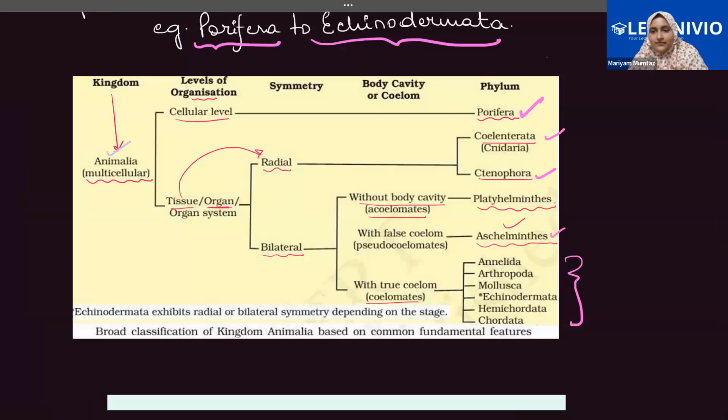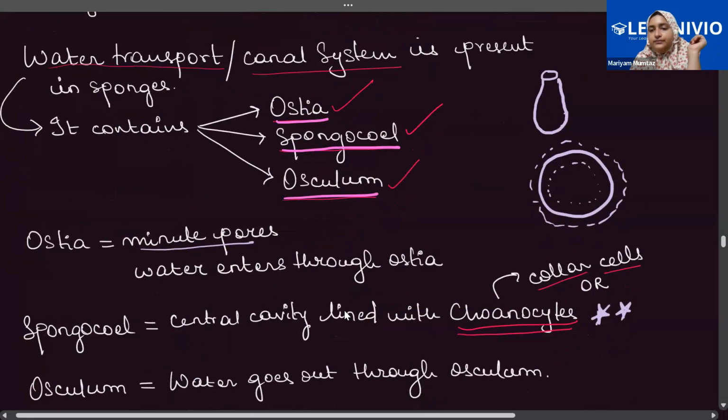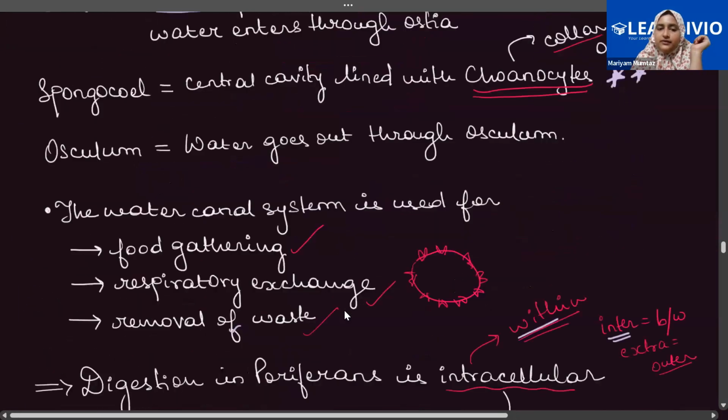Can I just take a picture of this? No, it's there in the textbook. Okay, it's there in the book. Okay, so we'll keep it till here only. Any doubts in porifera? No, ma'am. All right, okay, so in the